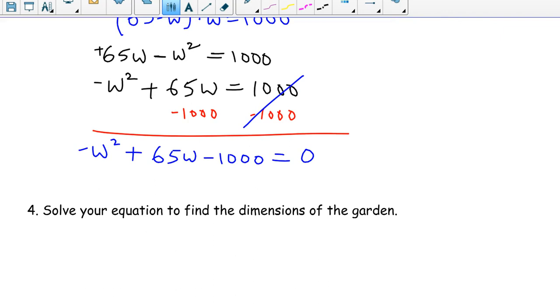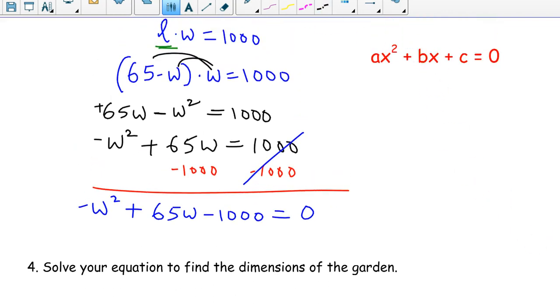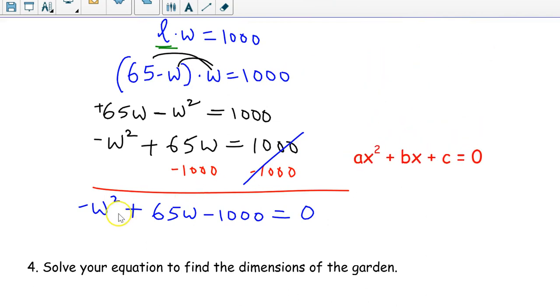So now it is in the standard form of ax square plus bx plus c, where your a is equal to -1, b is 65, and c is equal to